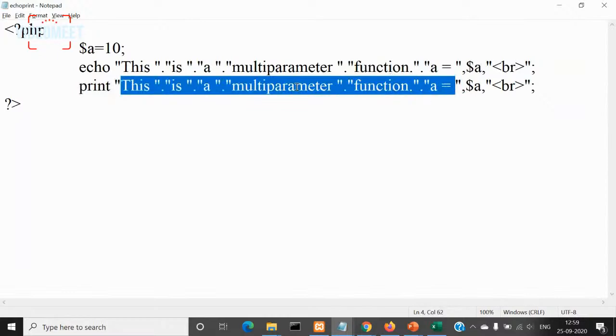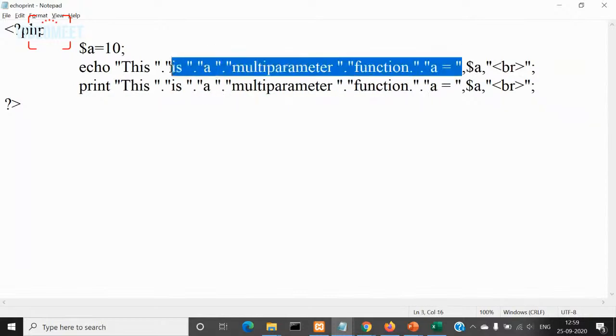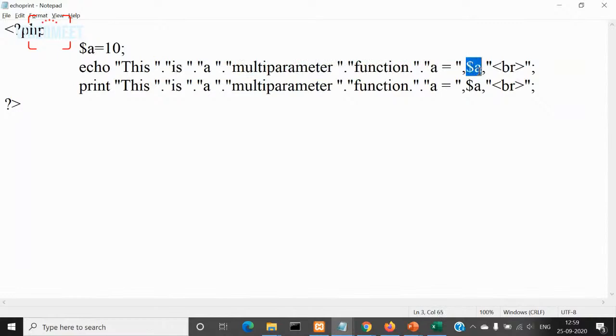That's why when we printed this one, even with a dot operator, this worked. But when you give a comma, this will not work, right? So that is the difference between print and echo, right? Whenever you give a comma, the preceding thing will be considered as one parameter. So that has ended here. And after the comma, whatever is there till the next comma is encountered will be considered as another